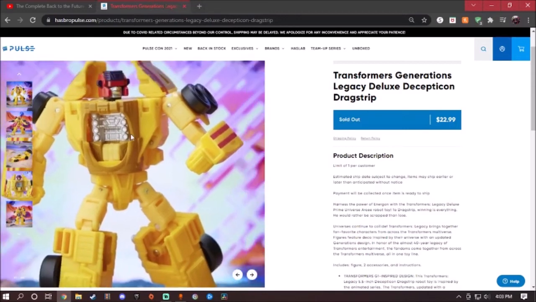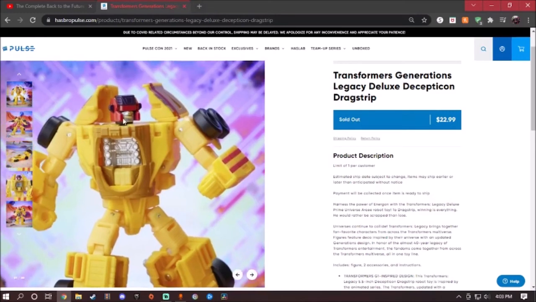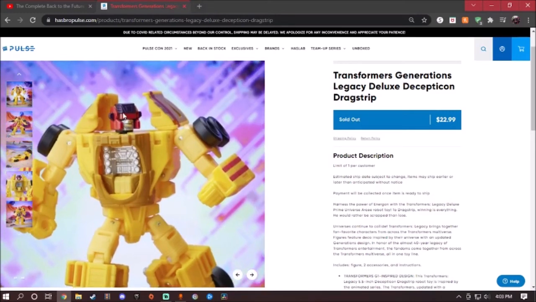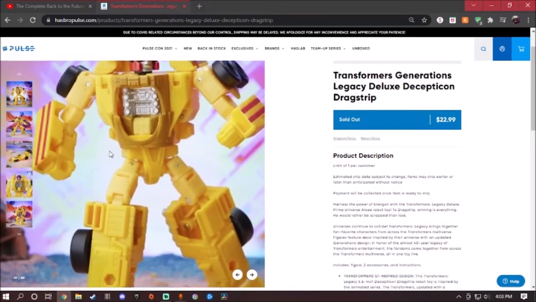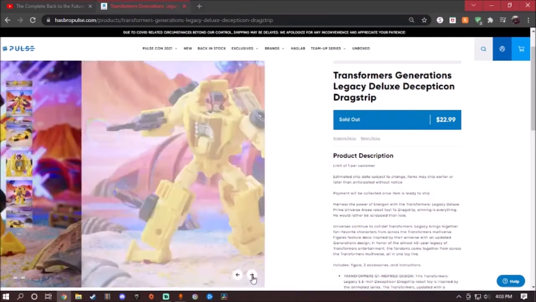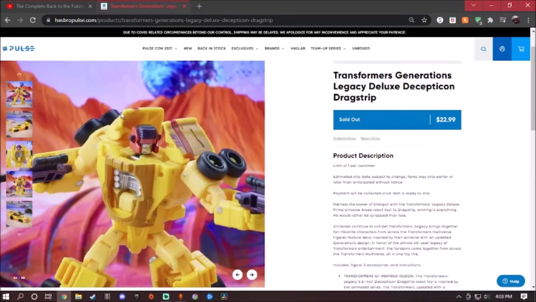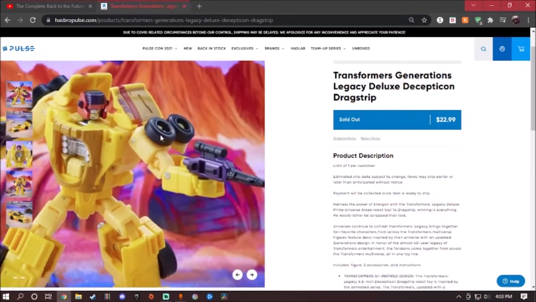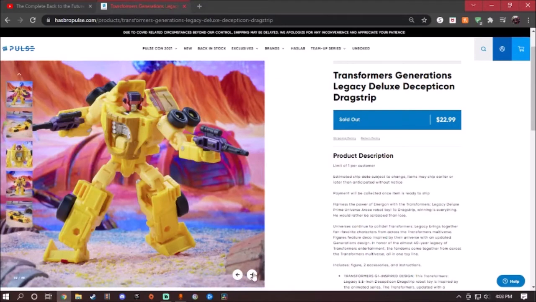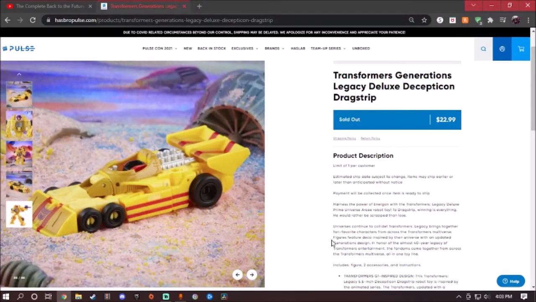The yellow with the hints of, well, he does have purple on the head, unfortunately, which kind of sucks. With the hints of red, it looks amazingly good. And this tone of yellow, I don't know what the hell it even is. He comes with two pistols, which he can wield Kimbo style. That's pretty good. Sadly, he does not come with any translucent weapons that he could use. But the vehicle mode,